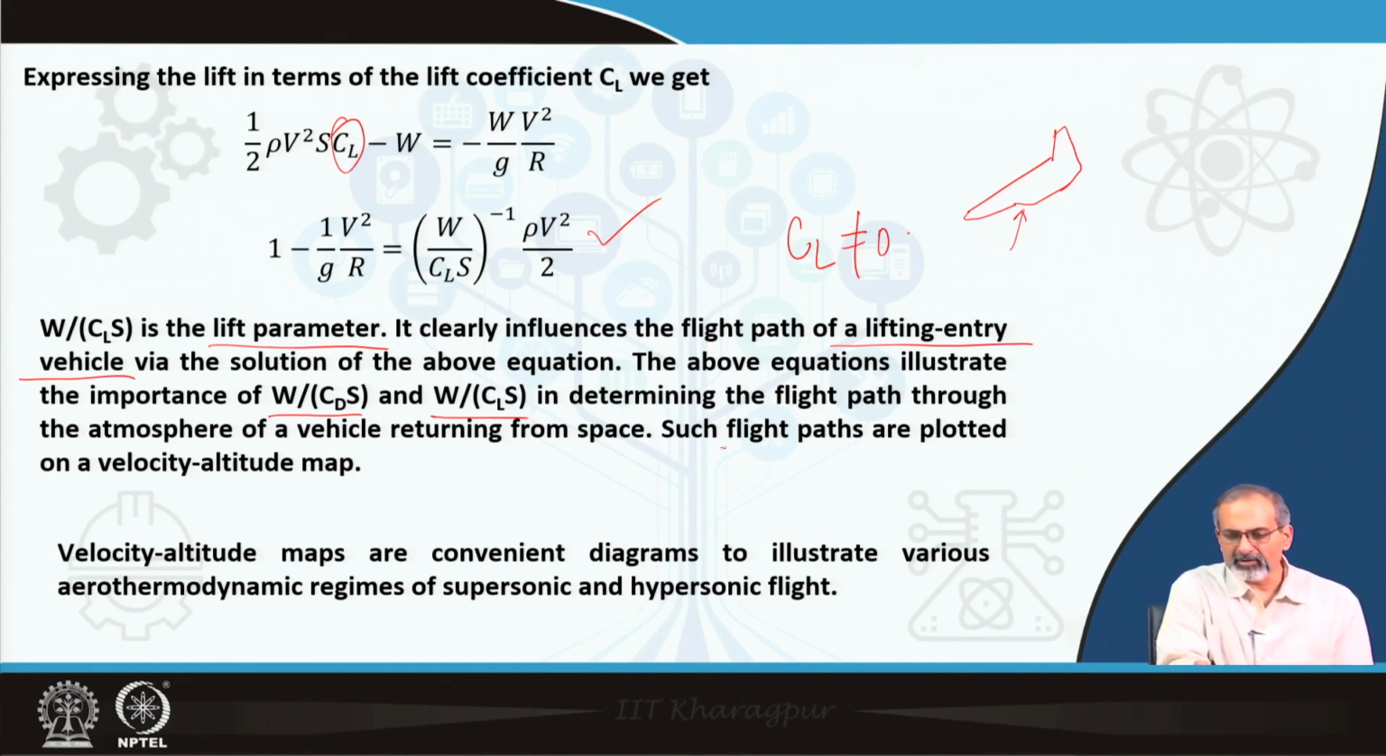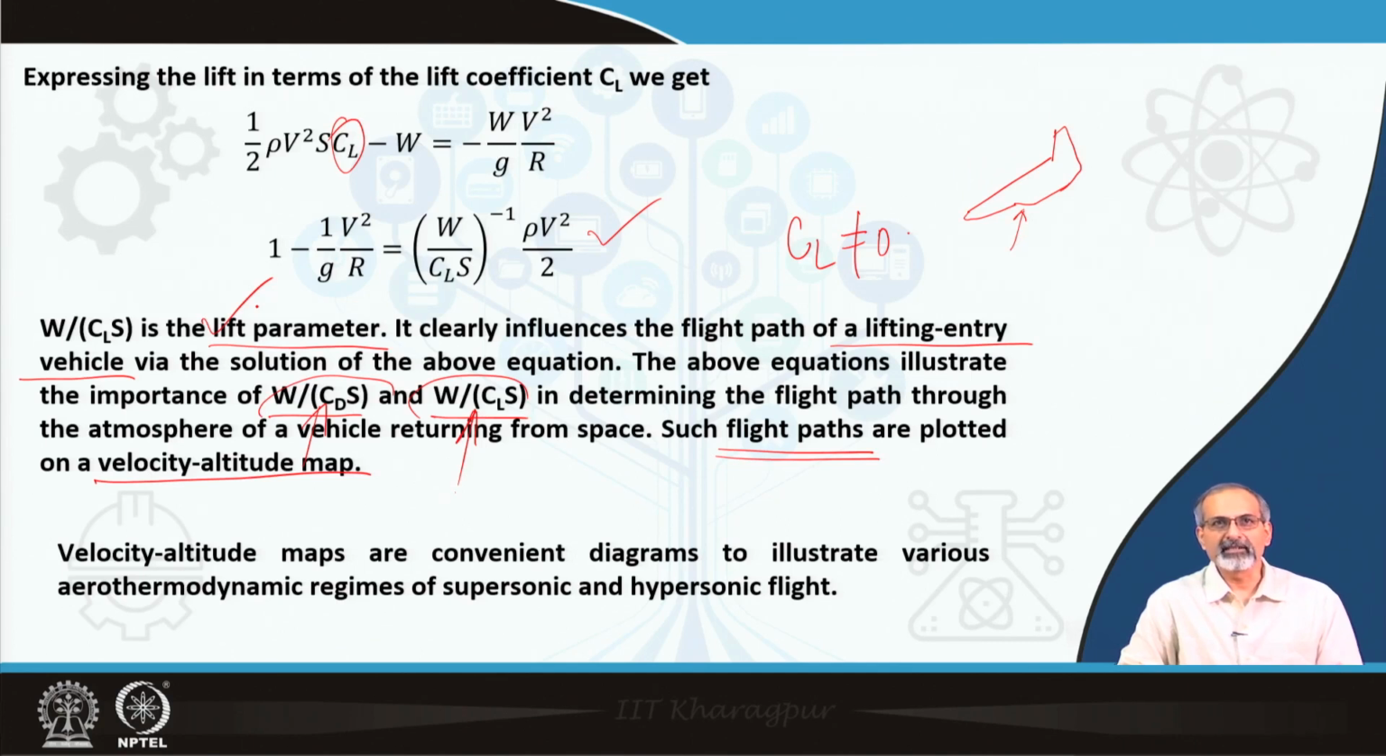And ultimately, the consequence is we end up defining flight paths on the velocity altitude map, where we essentially lay emphasis on the particular parameter which is more significant, either the ballistic parameter or the lift parameter. Any one of them would be significant for a particular vehicle, and we lay more importance to that based on the vehicle design. And of course, velocity altitude maps are convenient diagrams to illustrate various aerothermodynamic regimes of supersonic and hypersonic flight